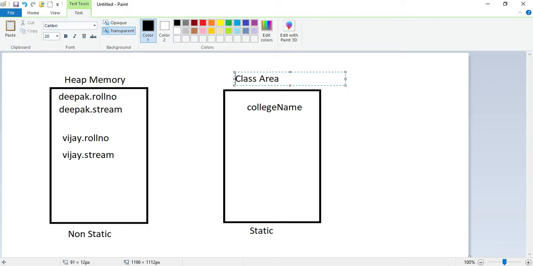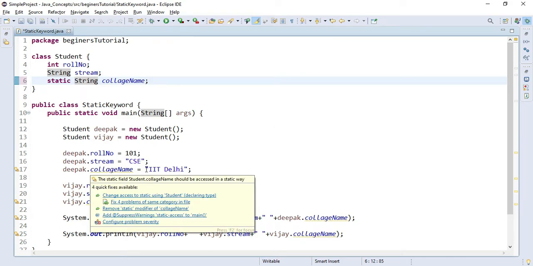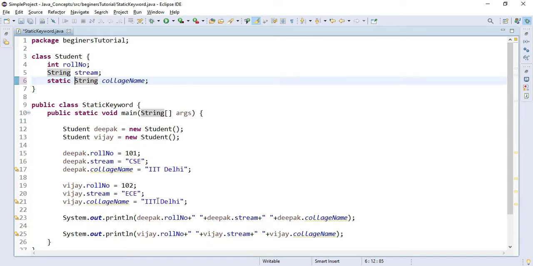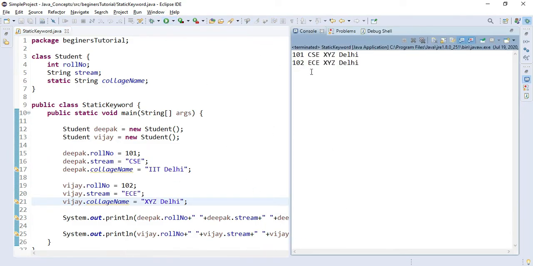Let me show you this with the help of Eclipse. As you can see, now you have given the college name for Deepak as IIT Delhi, and now we will change it to XYZ college. Now if you execute your code again, you will see 101 CSE and the college name is XYZ college.